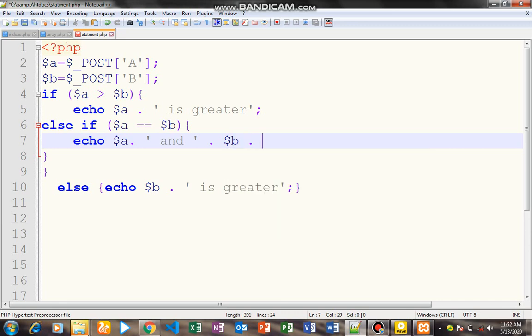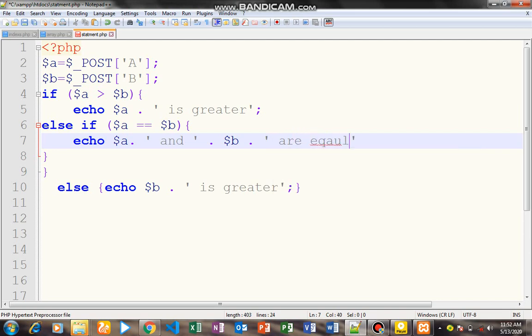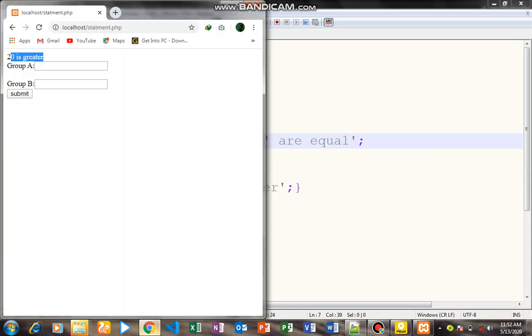Then let's do another concatenation: a and b are equal. Let's put a semicolon. See that? Equal. So when we go ahead to refresh this,